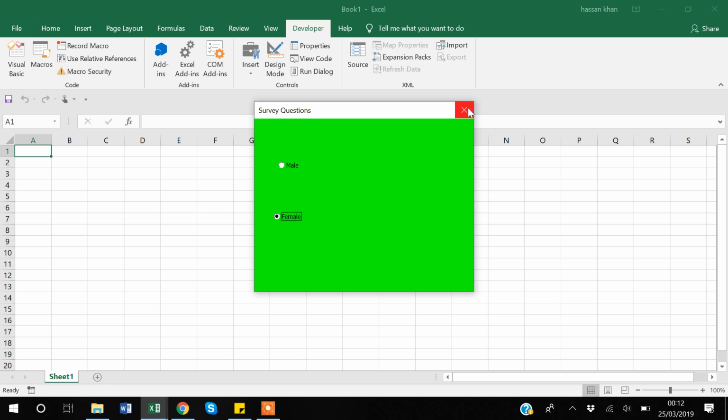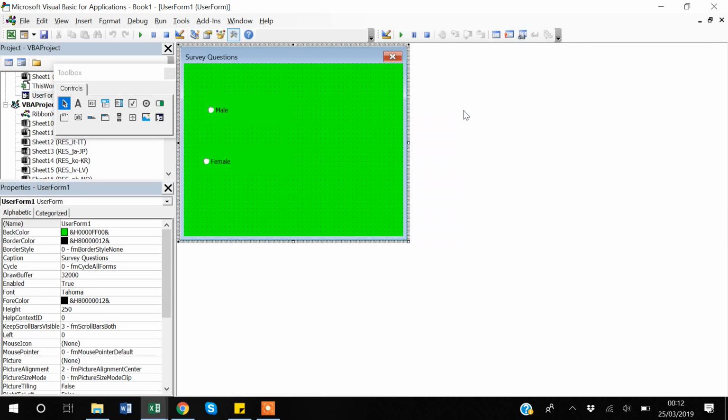So now I will go back to my user form. I have created this user form, but within that user form you can also add a command button. The command button will allow you to process your data from this user form. There are many other ways, but in this example I will be adding a command button. So if you go back to your toolbox, you can roam around and see where it is. So this is my command button. If I click it,